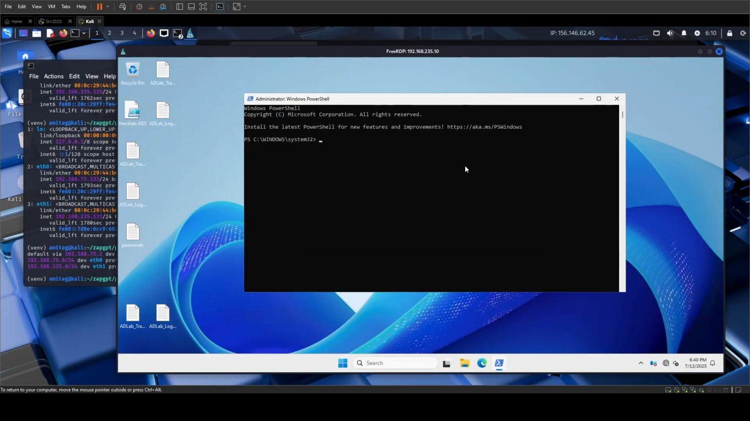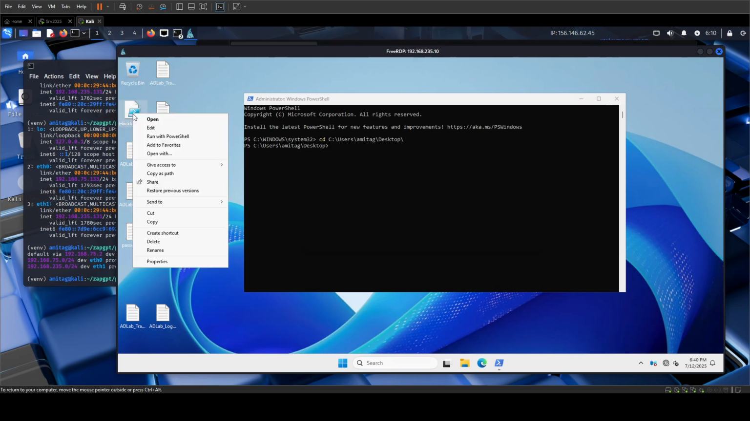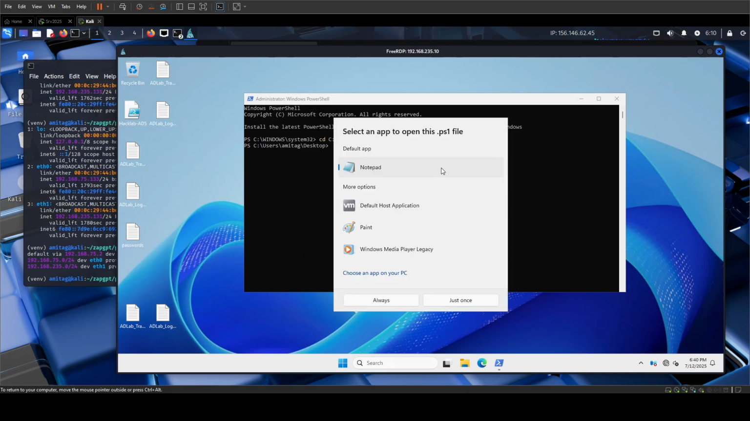Once I have done this, I will just go to users, Amit, desktop. And generally, it is always a good idea that you create a snapshot of your VM before you run this script, so that if something goes wrong or once you have done with your testing, you can just revert it back to the original state by reverting it to the snapshot that you had taken. Now I'll just open this with Notepad,